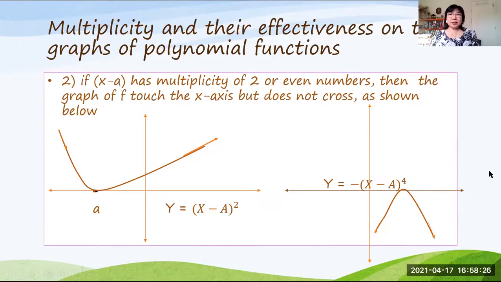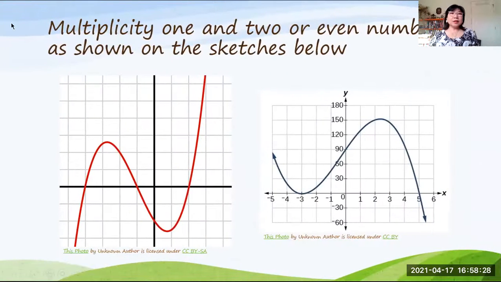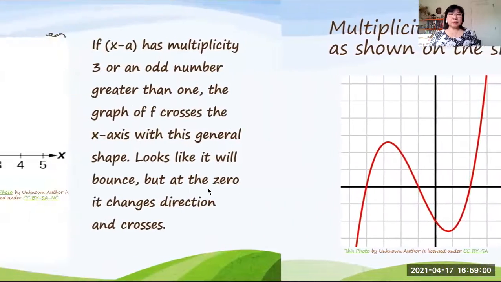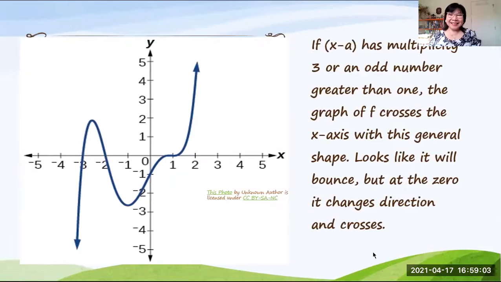Okay, so the next one, you will see multiplicity 1 and 2 are even numbers as shown on the sketches below. So let's make an observation with me right now. You see this polynomial function, it starts from here, goes across the x-axis at, let's say if I count,